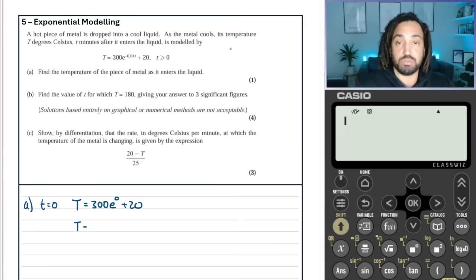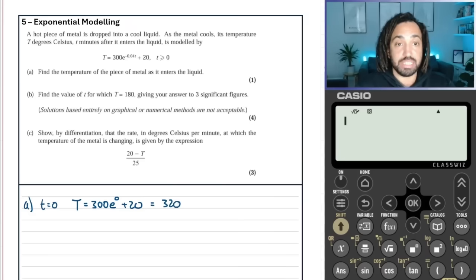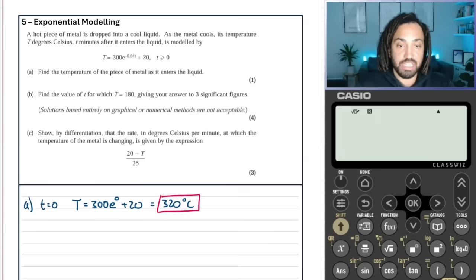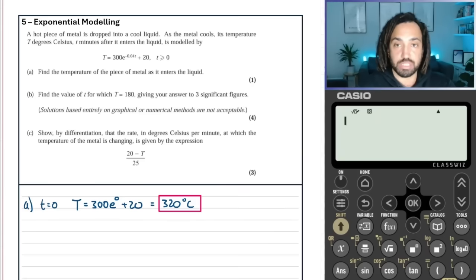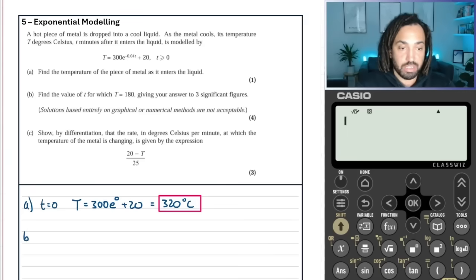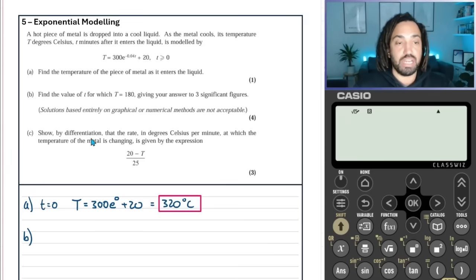And that's equal to 320, because anything to the power of 0 is 1. Then times by 300 and add 20 is 320, and that is in degrees Celsius. So it says find the temperature, so I must give the units there. It's not asking for the value of t, it's asking for the actual temperature, so I need to give units. Okay, great. Now, part B, it says find the value of little t, so I wouldn't need to give units,